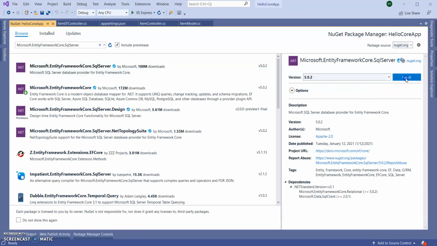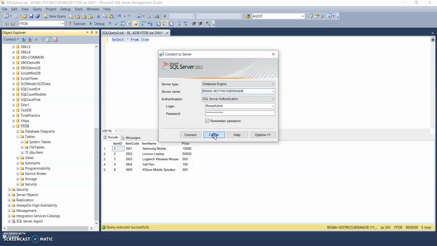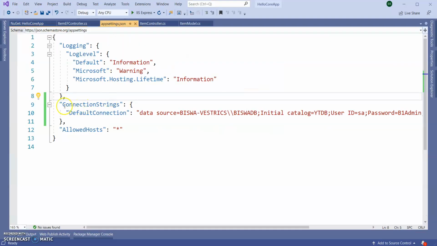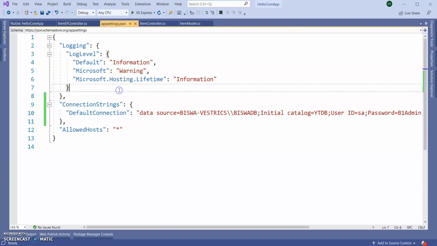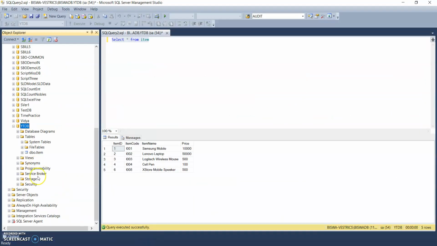So this one. Now I have my DB in my database, which has my own connection string. In our previous session of ADO.NET, we saw how to add the connection string inside our appsettings.json file. Now I'm going to do the scaffolding of this database inside my application.